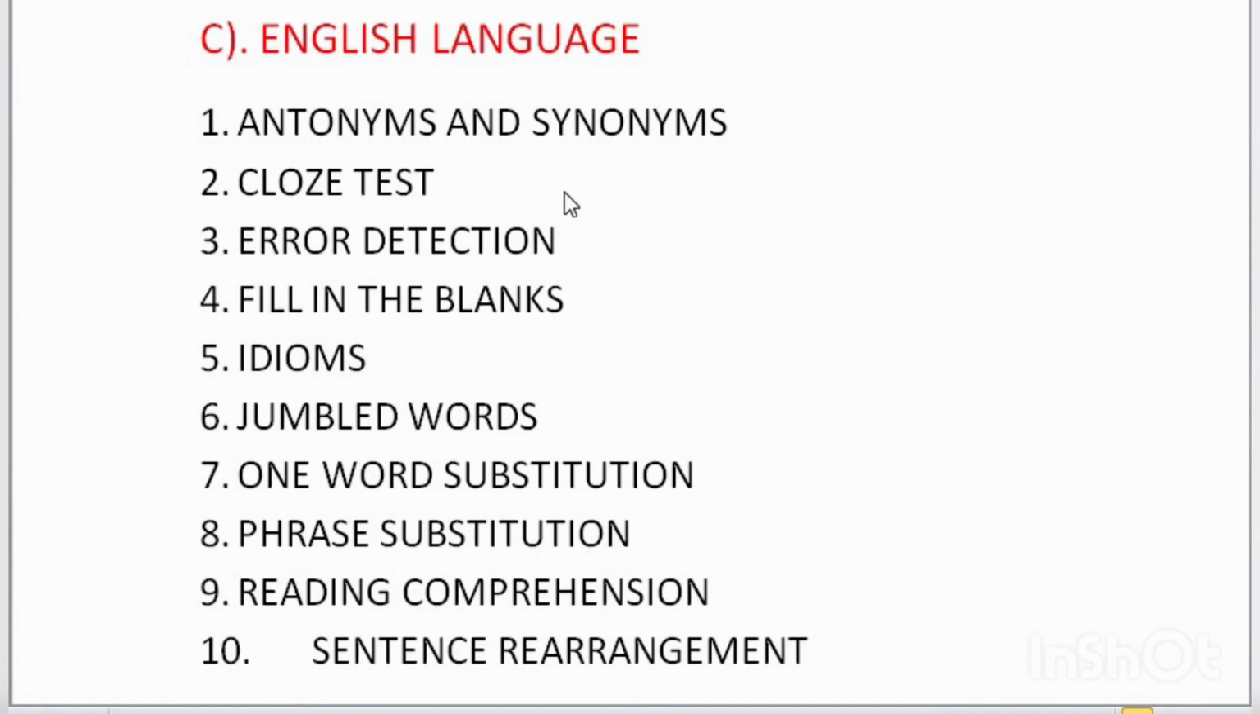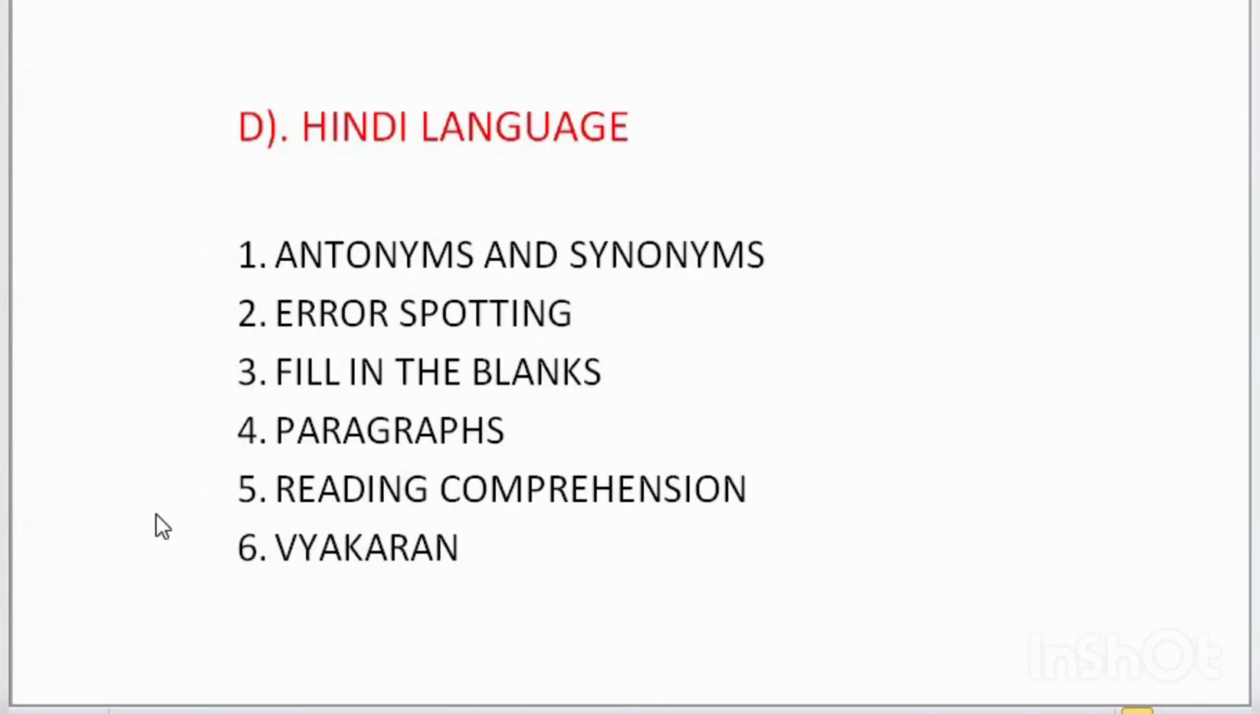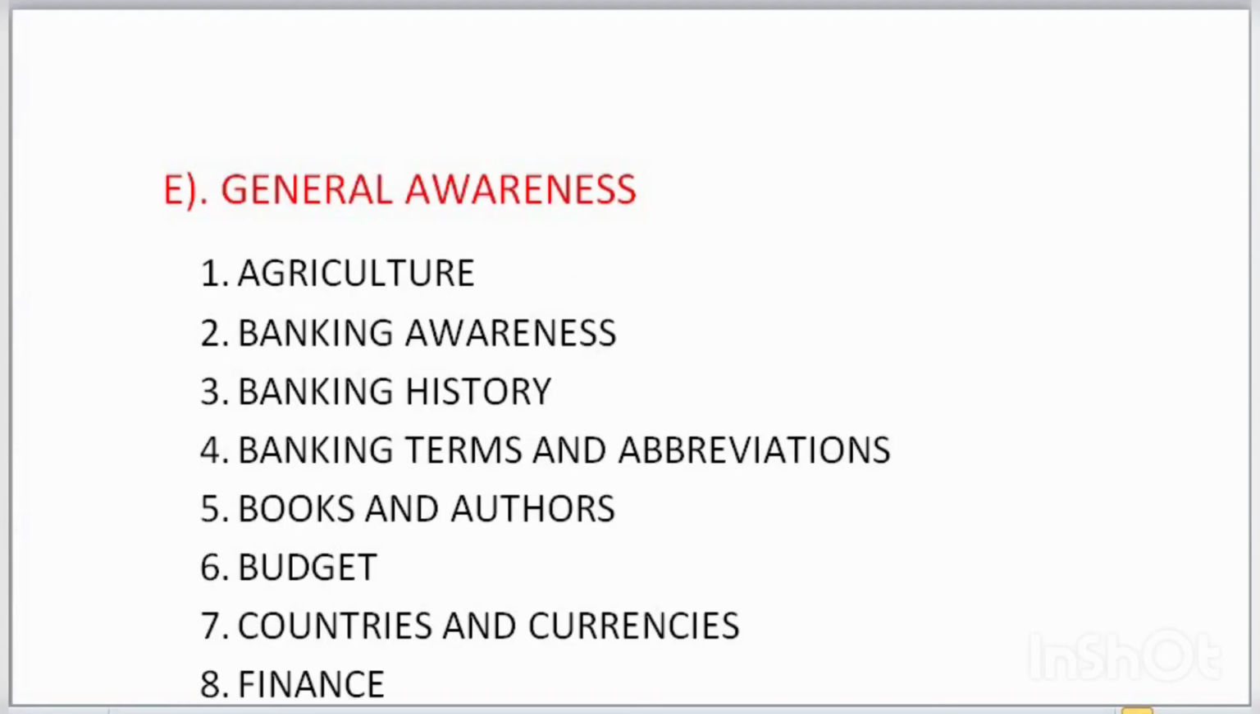The English language covers antonyms and synonyms, cloze test, error detection, fill in the blanks, idioms, jumbled words, one word substitution, phrase substitution, reading comprehension and sentence rearrangement. In case of Hindi language, the topics are antonyms and synonyms, error spotting, fill in the blanks, paragraphs, reading comprehension and Vyakaran. General awareness section includes agriculture, banking awareness, banking history, banking terms and abbreviations, books and authors, budget, countries